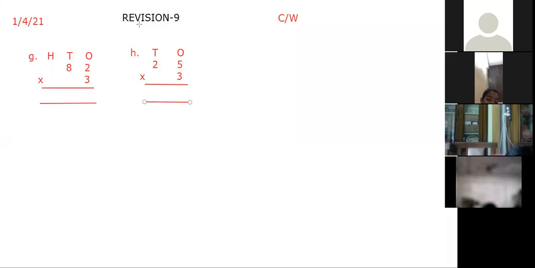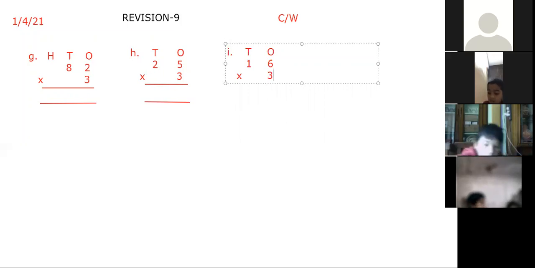Yes, Supratik. Ma'am, it is homework, ma'am. No. This is not your homework. You need to write this in your notebook. This is not your homework, children. I didn't say that this is your homework. I said that you will be getting questions on multiplication in your homework. That's it. I didn't say anything else.